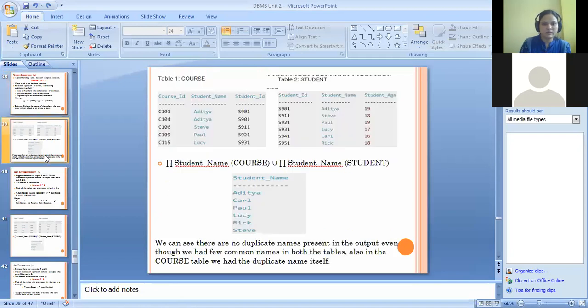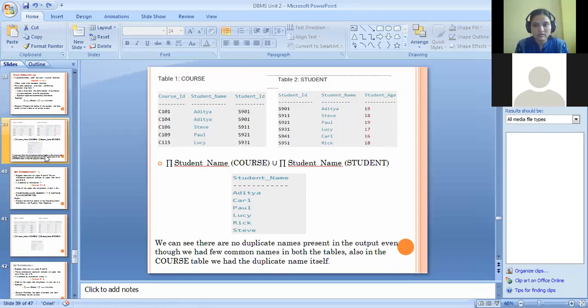Let's see an example of this. Now see over here, there are two tables present. Table 1 is the course, and table 2 is the student. Now we are going to union the student name from the course as well as from the table student.